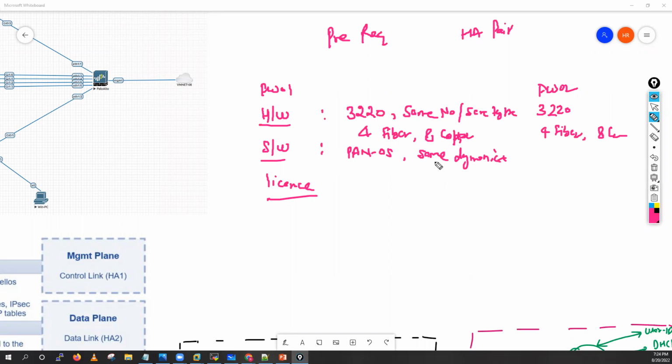They have the same dynamic updates for your application signature updates, your WildFire updates, your threat updates, all these updates, right? They have the same URL filtering license. If firewall 1 is using PanDB, then firewall 2 also must be using PanDB only. If your firewall 1, let's say, is using the PanDB URL filtering license, and your firewall 2 is using